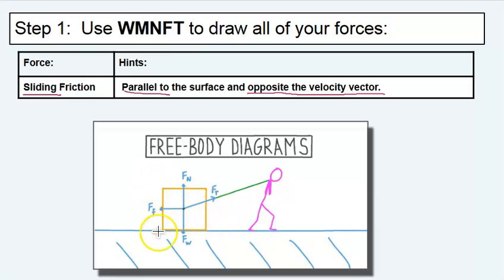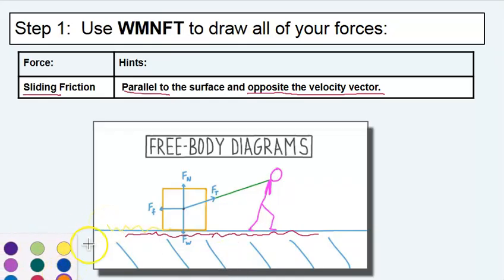So here's your surface. If you imagine, and we're going to talk about this separately, this is just a quick review of all the forces. Here's all the nooks and crannies on the floor. Here's all the nooks and crannies in the box. And they're going to bump up against each other, and you have the force of friction opposite the velocity vector. It's always opposite the velocity vector because it's the motion of the box that's making the nooks and crannies run